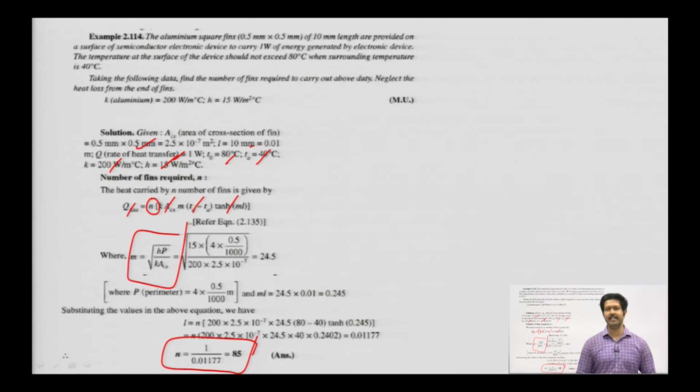So you need to desynthesize the numerical the way they want, meaning the setter wants. It doesn't mean that, as you have been taught, first of all find m and then find q. No, you need to check each and every line of the numerical. See here the q was given, and if you do not open your eyes to this particular line, you would be in trouble. So it's a good numerical because it asks for something else which is not quite cyclostyle.